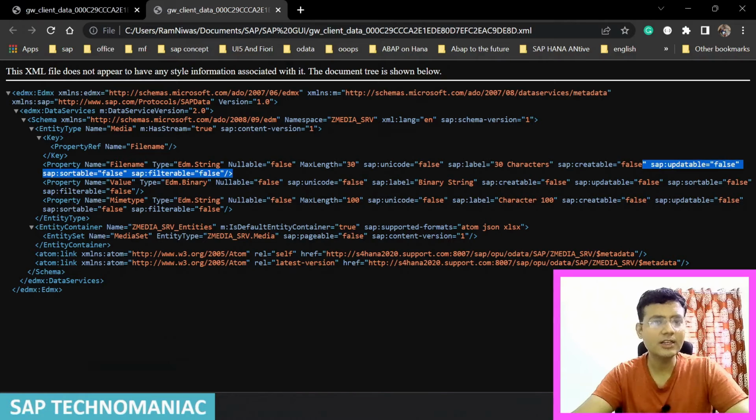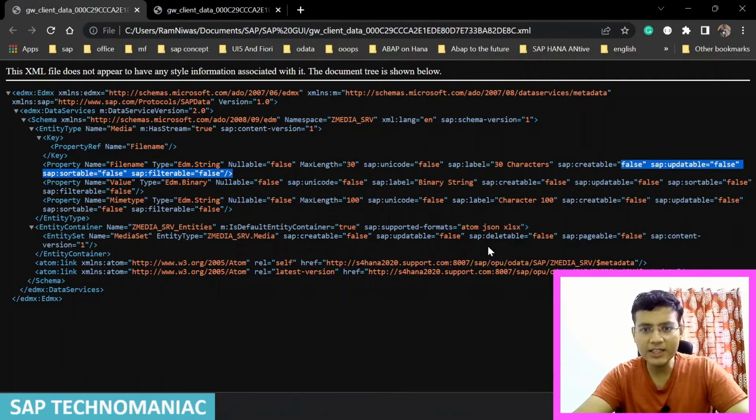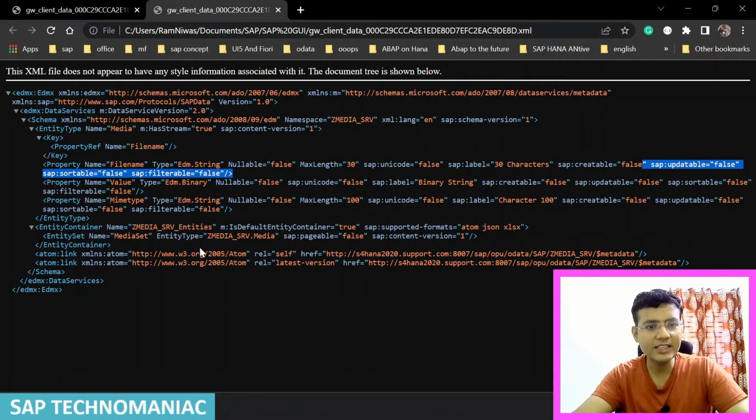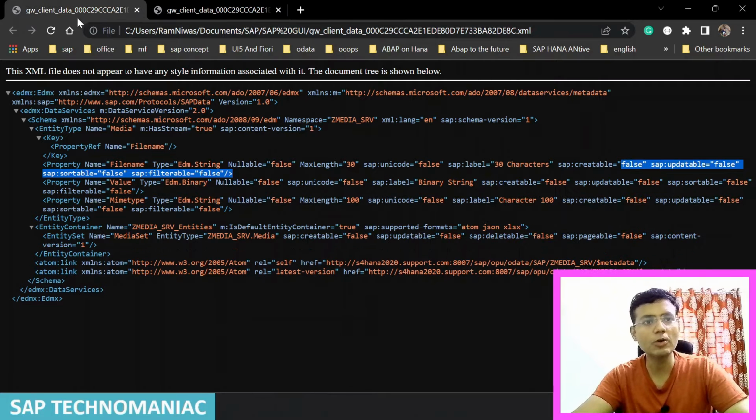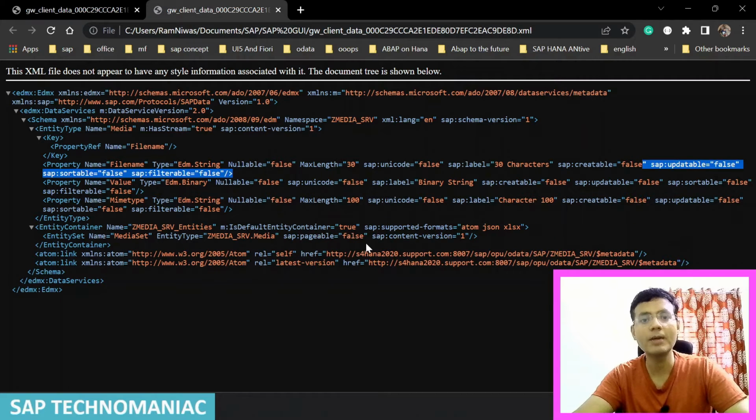And not only this, I think previously we were having those. In the entity set name we were also having creatable and updatable false. Now in the entity set we don't have the creatable. This was the older execution. We were having creatable, updatable as false. Now we will not be able to see creatable, updatable false, means we can create this entity set and